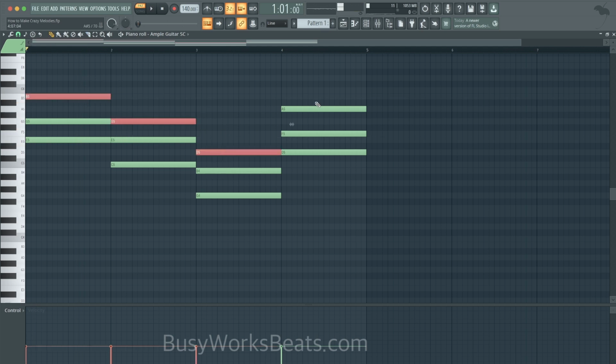So yes, harmony and chords are important. I know a lot of people tell you guys to skip this. If you don't understand intervals and harmonic stacking, you won't truly understand what works in melody and what doesn't. You'll just be kind of picking random stuff and hoping that it works.